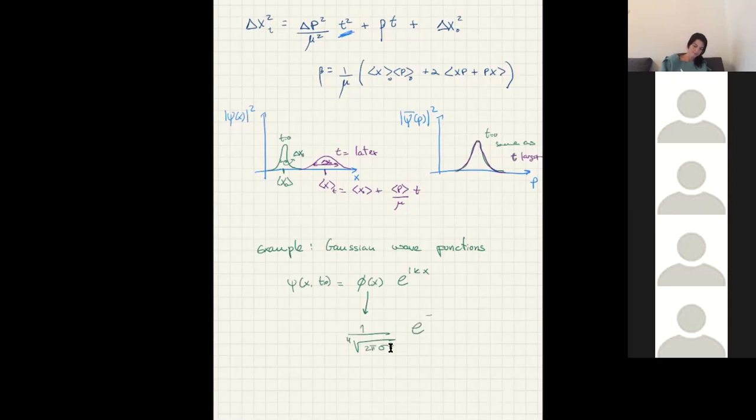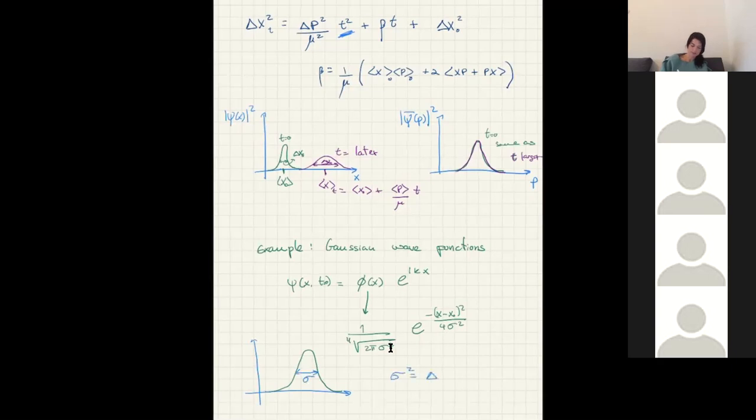E to the minus x squared over 4 sigma squared. Where the nice thing about it, as you'll see later, is that it looks exactly like this. And this here is sigma,